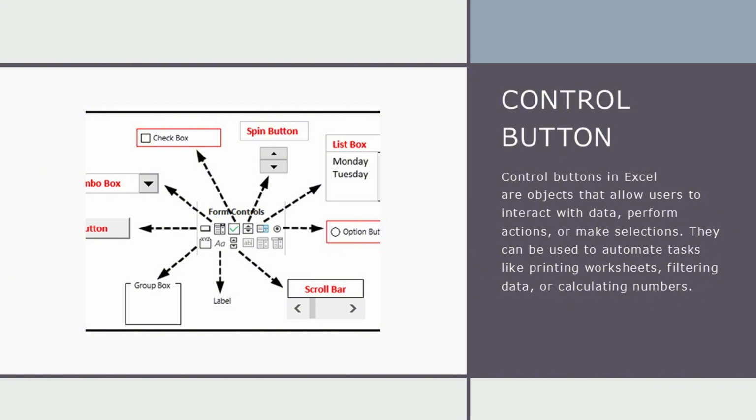Control button. Control buttons in Excel are objects that allow users to interact with data, perform actions, or make selections. They can be used to automate tasks like printing worksheets, filtering data, or calculating numbers.